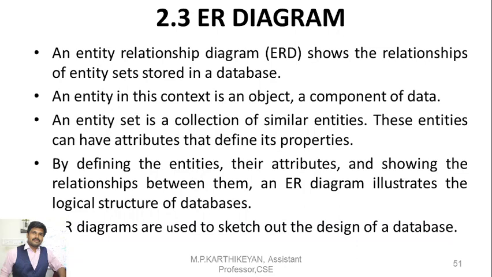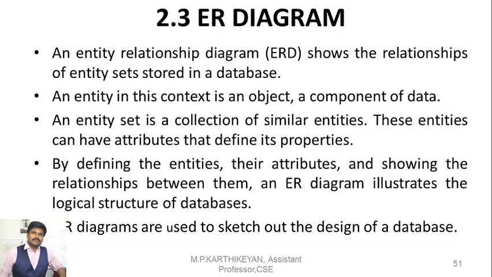So mapping cardinality, there are actually 4 types: one to one, one to many, many to one, many to many. Simple. So these are the relationships between the entities in an ER diagram. I'll repeat. The various mapping cardinalities are one to one, one to many, many to one, many to many. So these are the various mapping cardinalities available in the relationships.